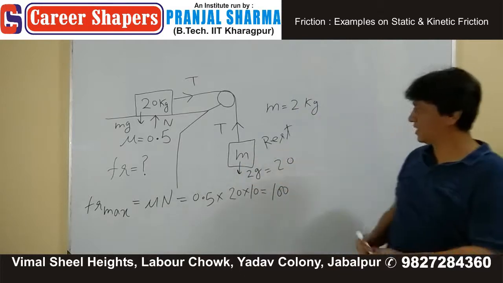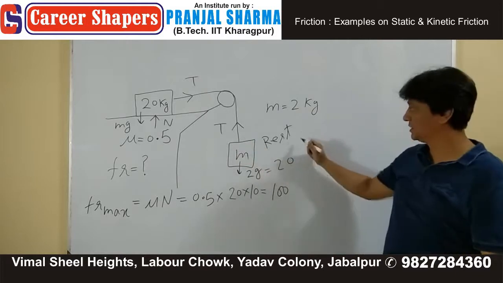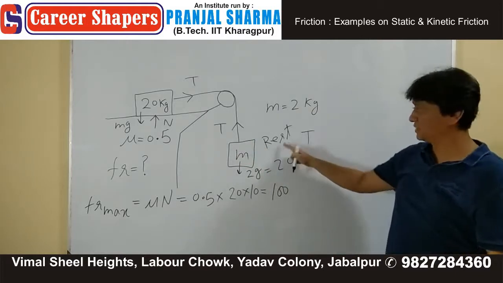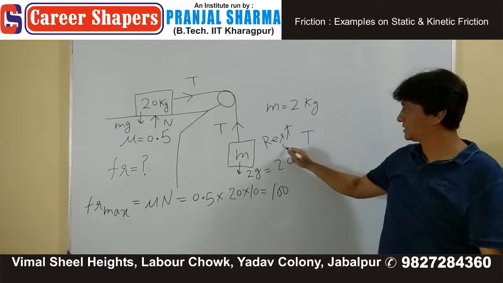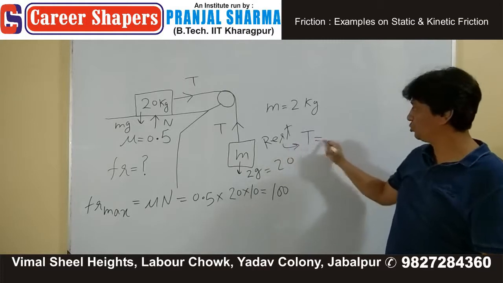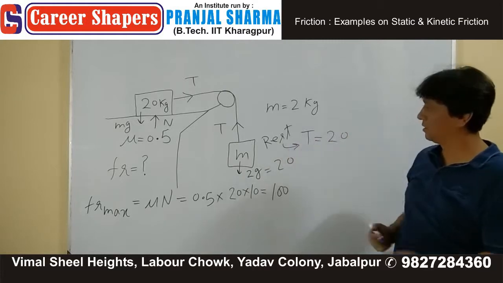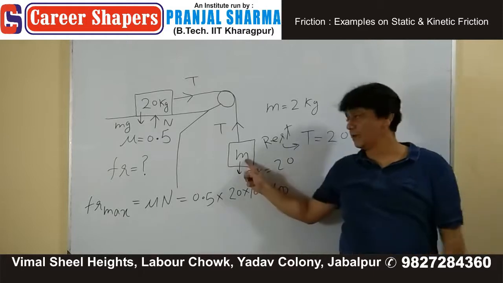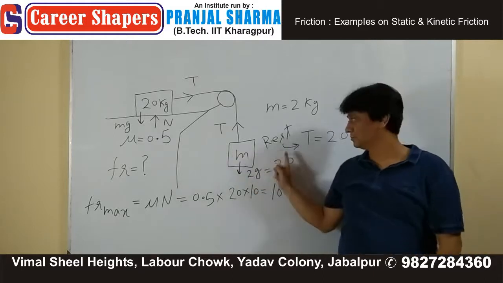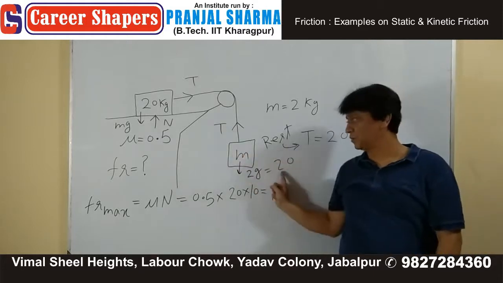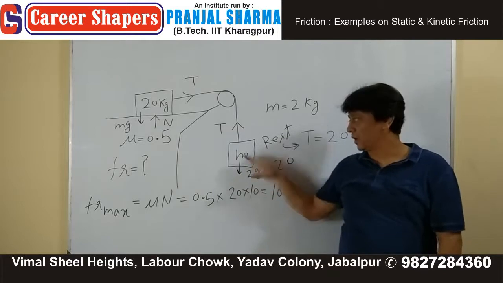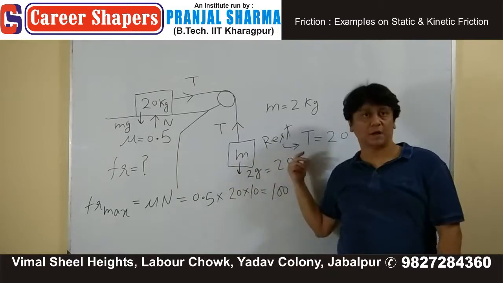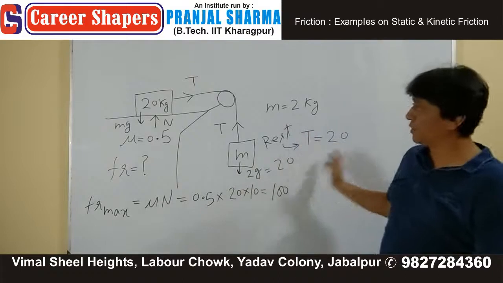If this is at rest, then immediately it tells us that T should be 20. M is not moving. T is 20. या तो ये मूव करता या रुका रहेगा। अगर T 20 है तो यहां आए।